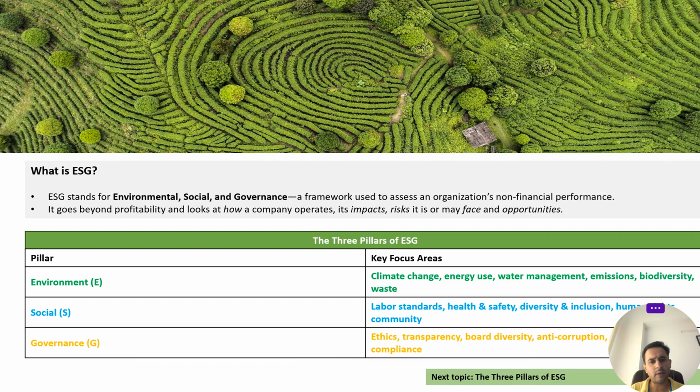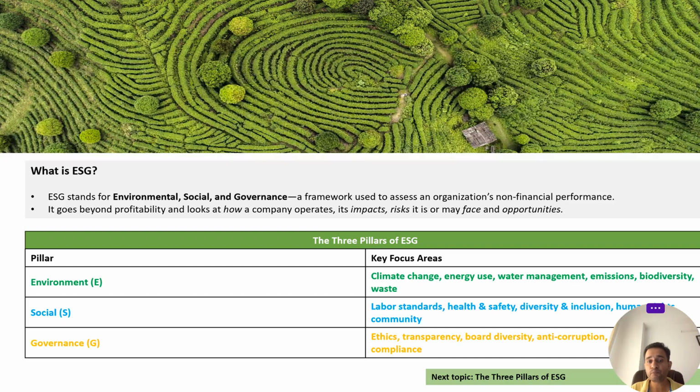By financial reporting, we mean the balance sheet, the P&L statement, cash flow statement, and records of accounts and other account related things. This is the other portion of reporting, which is called non-financial reporting. So we report on environmental aspects or environmental performance of an organization. If we talk about corporates, about any company, we report on social related aspects and governance related aspects, right? And there are different focus areas within each of these.